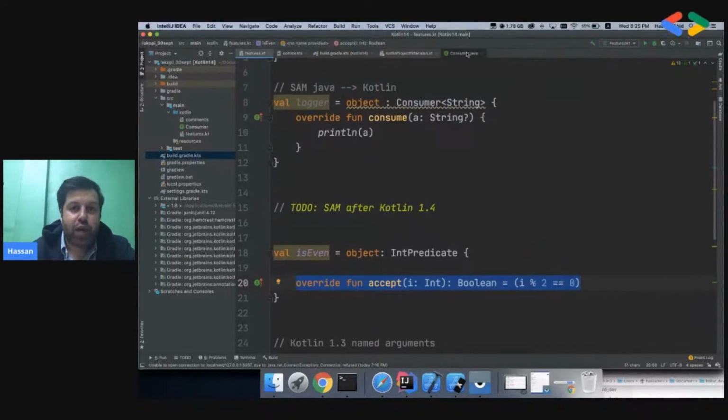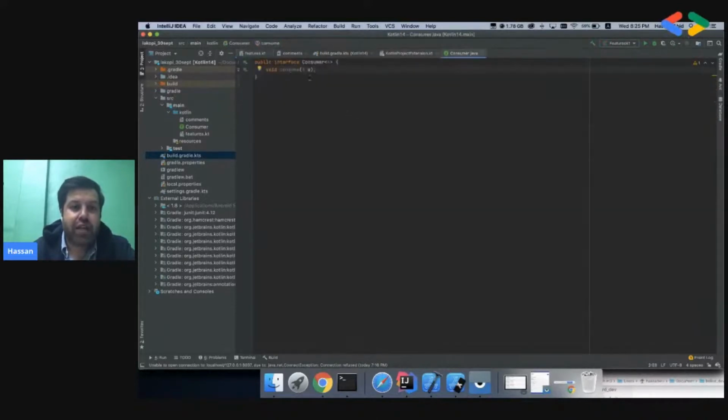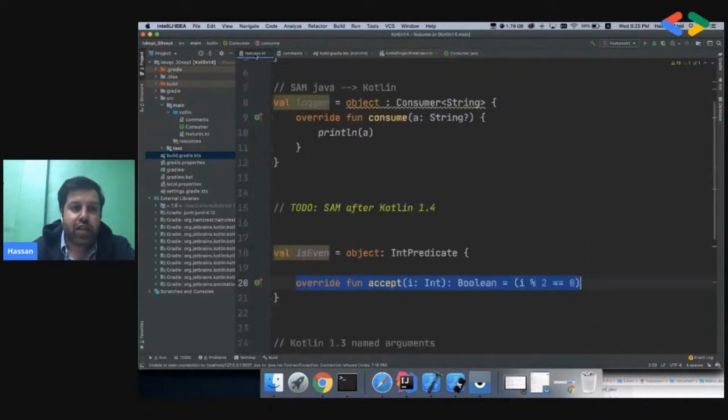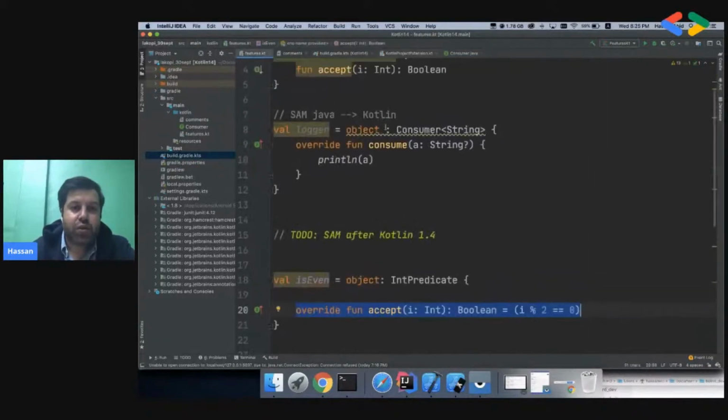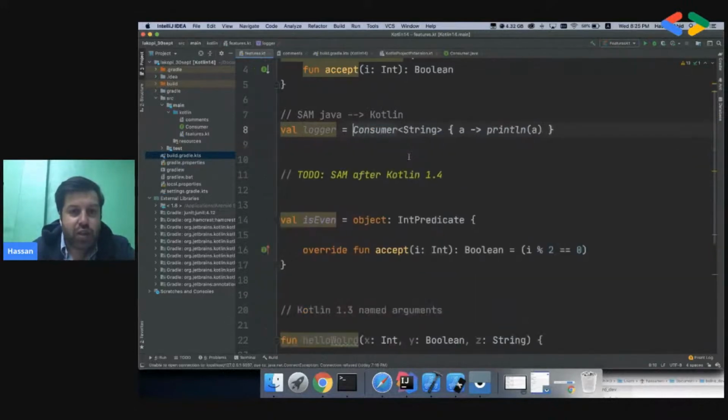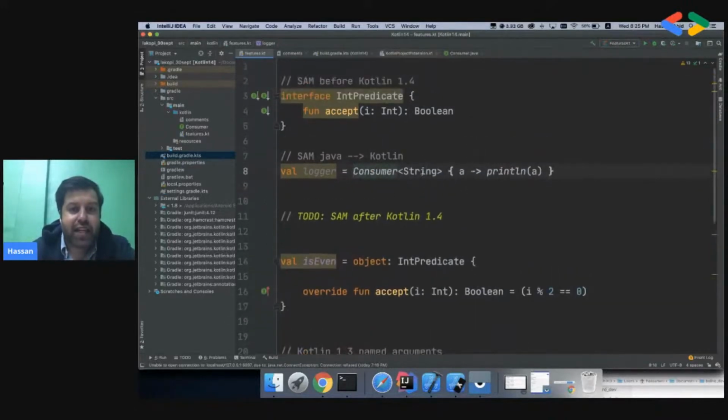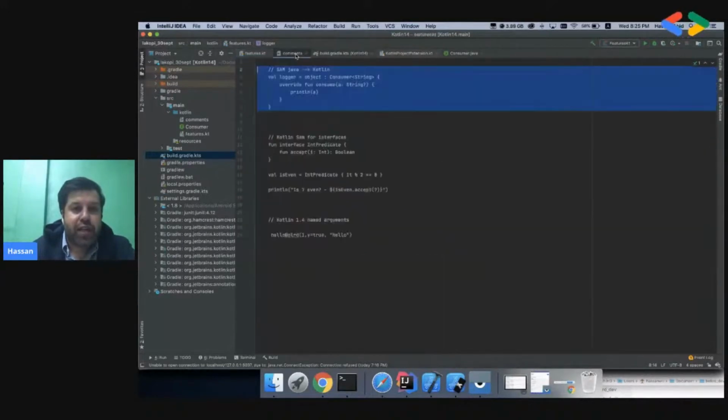I have one interface in Java, but from Java to Kotlin, you can use a lambda expression. Here it shows me this option, convert to lambda. So with one line, we can do something like this. The same kind of thing we can do with Kotlin. I will give you an example.